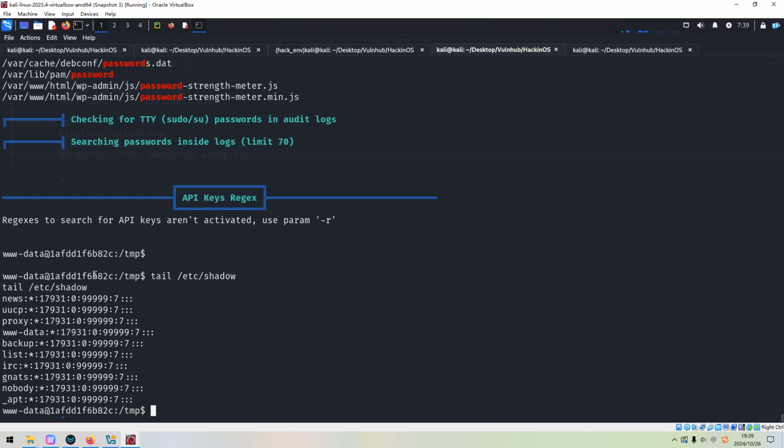However, you know, by default, tail command only displays or prints out the last 10 lines. So because we want to get the hash or password of the root user, which is always located in the first line, we need to use the right option.